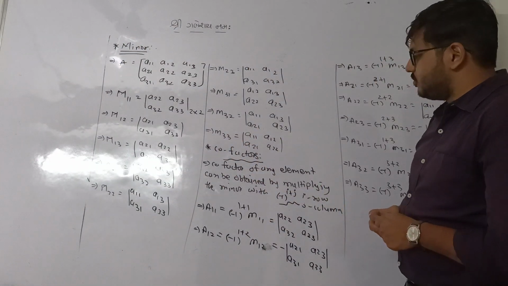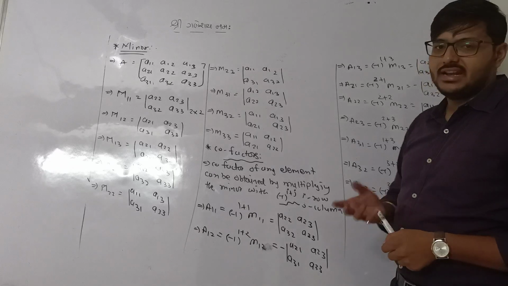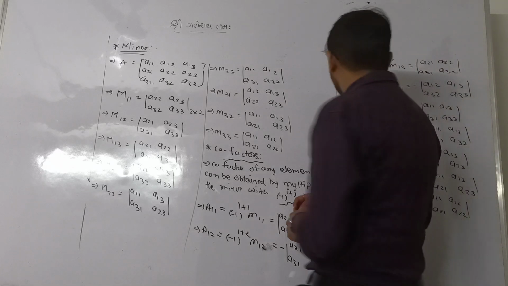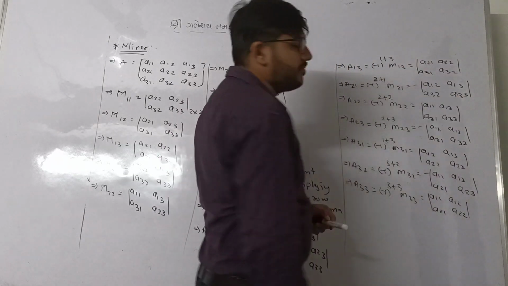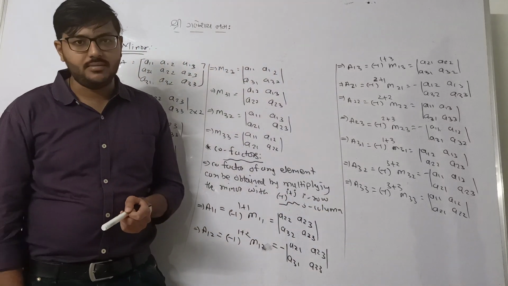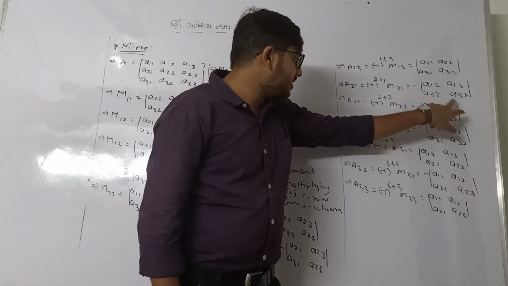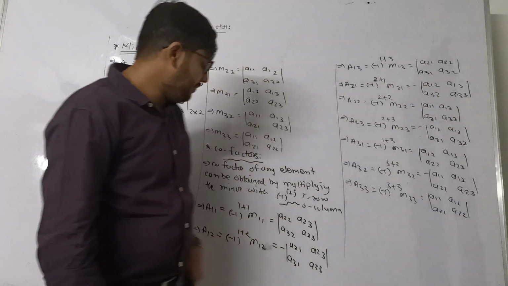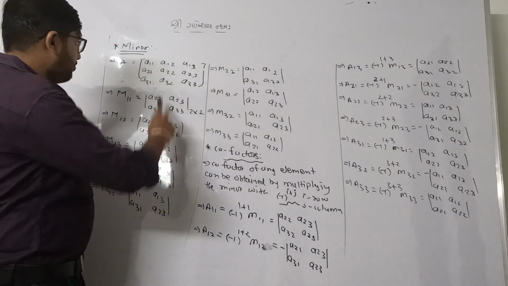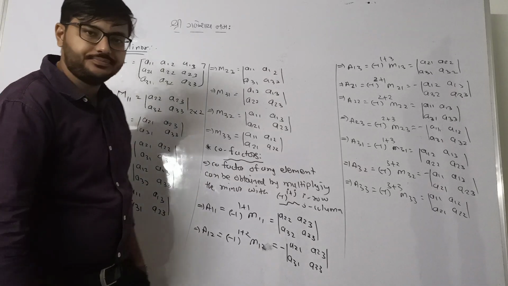Okay, it's quite lengthy, but once you understand this properly, you can directly write down the answer, because every time there is no need to write down this determinant. You can directly calculate the determinant and directly write down the answer, that what is A22. So it has only a direct answer, the expansion of this determinant. Okay, so these are the 2 points, minors and cofactors.